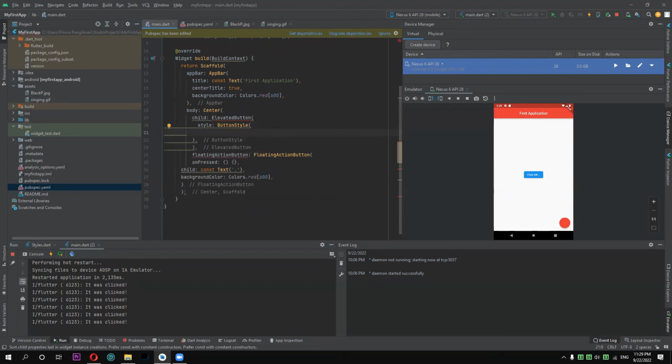Style. Button style. Yeah, button style. So background color. Let's put some space. Then material state color. No, state property. Property that all